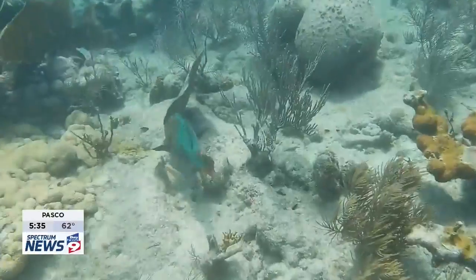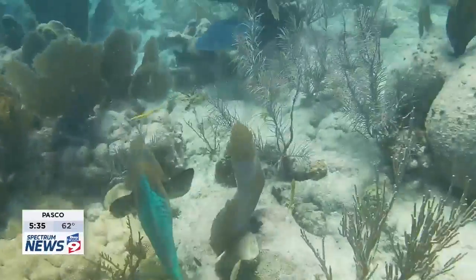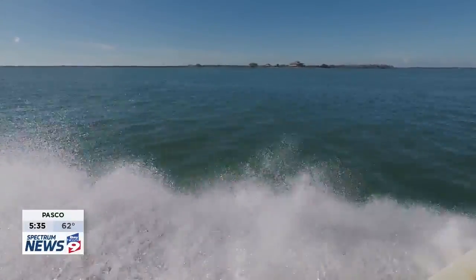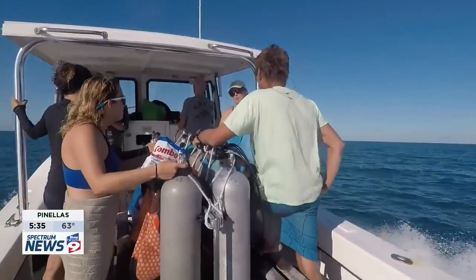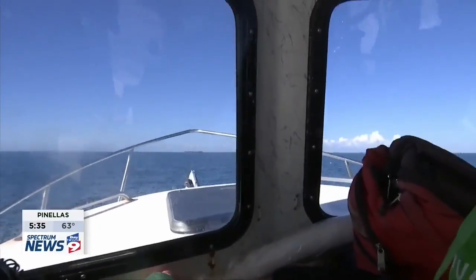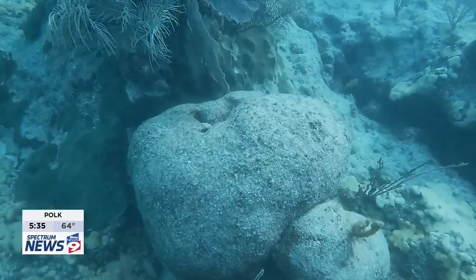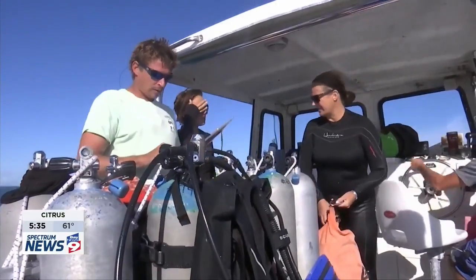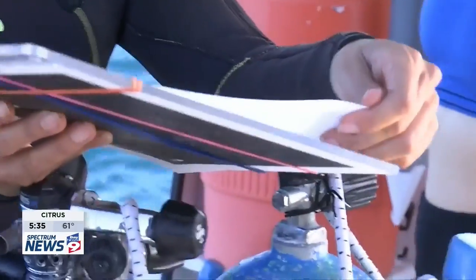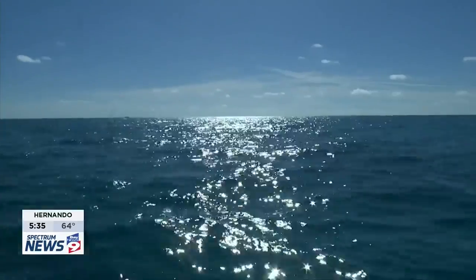There isn't a whole lot of coral left in the Southeast Florida region. 3 miles off the Florida Keys, 4 scientists in a small boat are racing to stop a mysterious killer. I think people would be very shocked to know that within 2 weeks, a small colony can be dead. Karen Neely, a coral ecologist at Nova Southeastern University, is leading this group, attempting to slow the infection and fight